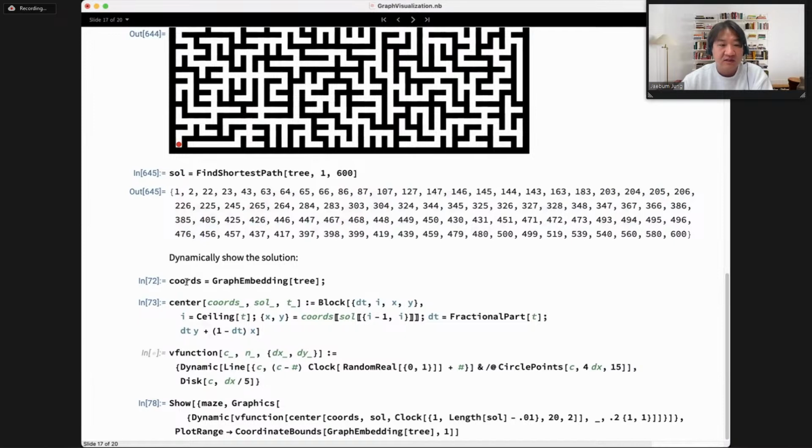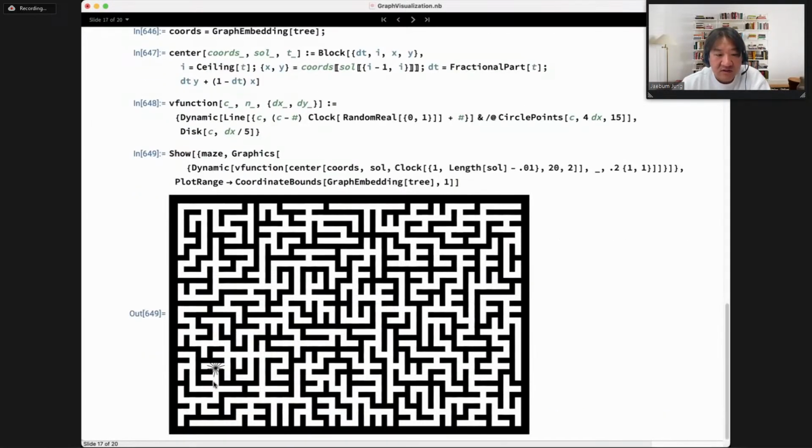So I'm just going to get the coordinates of this tree and define a function for computing the position along the shortest path. And then the V function, this is the function that I used in the vertex shape function. Then I just combine this together, the maze and the graphic with some clock, the dynamics. And then you can see here,